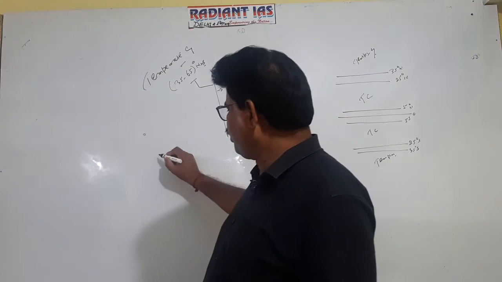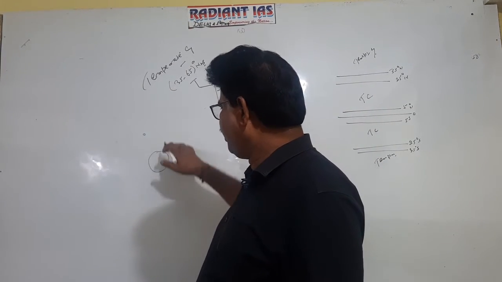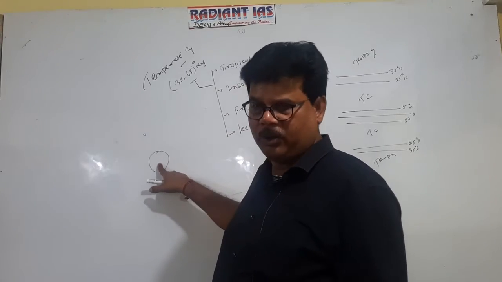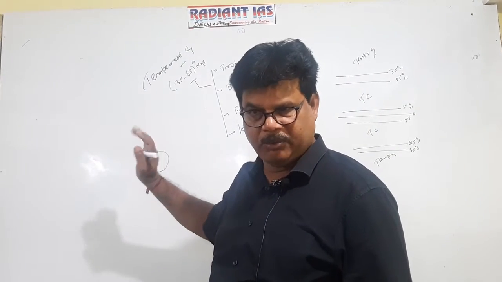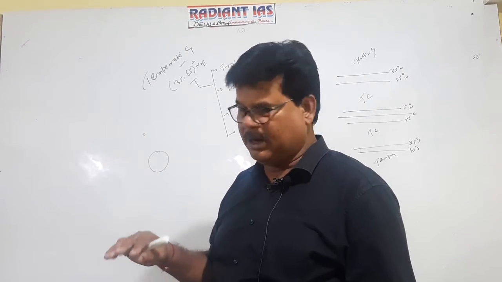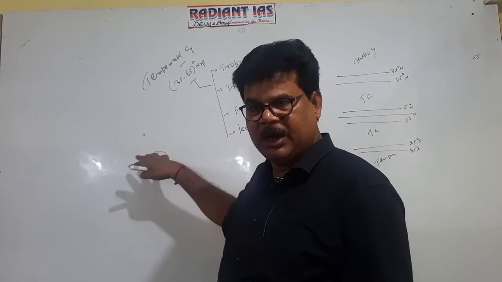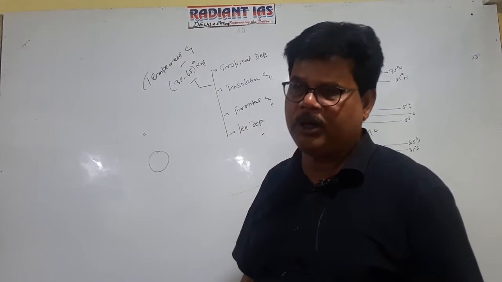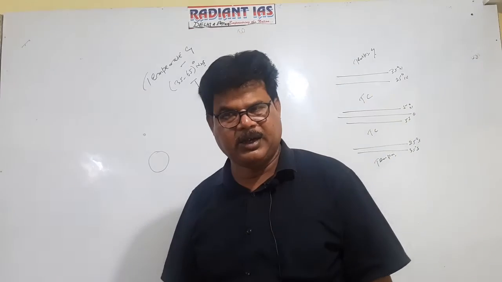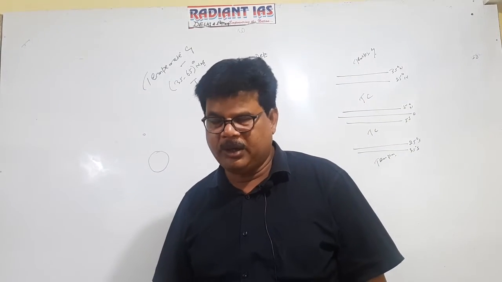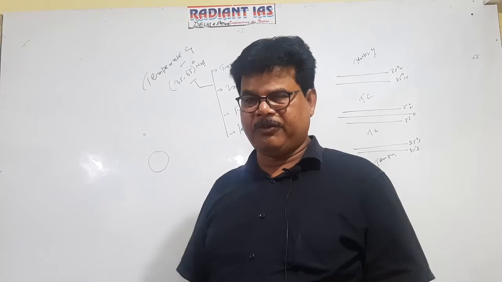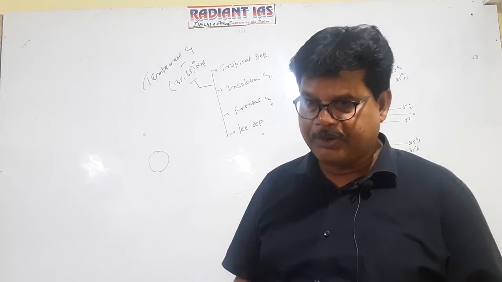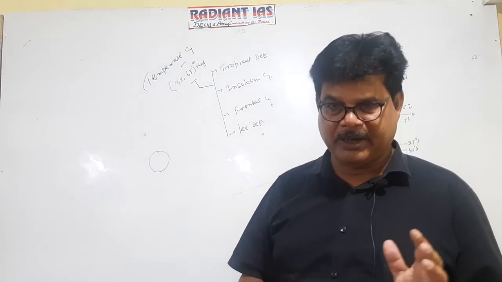Suppose this is the eye of the cyclone and this is the peripheral region. In the eye of the cyclone, the weather remains fair. There is no cloud formation and no precipitation is recorded. But in the peripheral region, in tropical cyclone, almost homogeneous weather condition prevails. But in case of temperate cyclone, different parts of the temperate cyclone record different types of weather condition. This is also a difference between tropical and temperate cyclone.